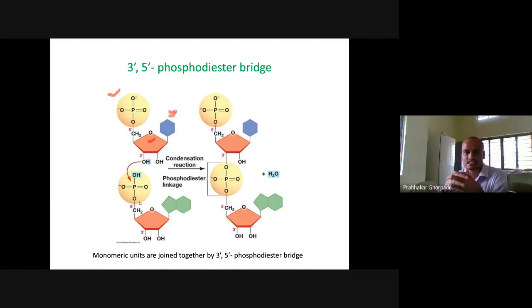Now we know the structure of a nucleotide. Now we just have to join these nucleotides together, right? So we have one nucleotide here, we have a second nucleotide here, and now we want to join them. So how do we join them? We number the carbons here: 1, 2, 3, 4, 5. So a 5 carbon sugar is there. On the third carbon, you see an OH group is present here. This OH group can join with this phosphate group, and it will join the structure. So this is a general nucleotide structure.